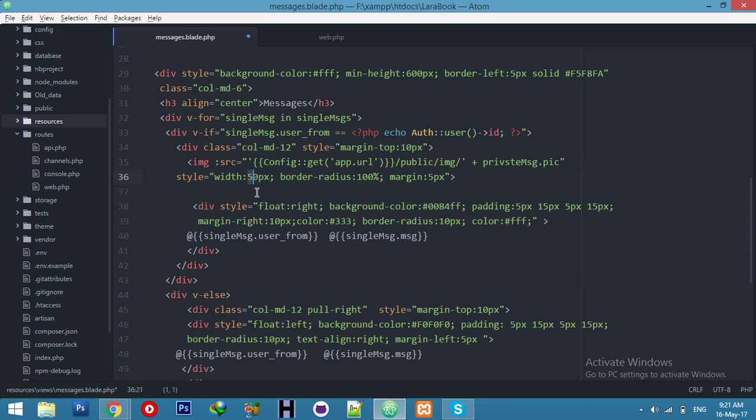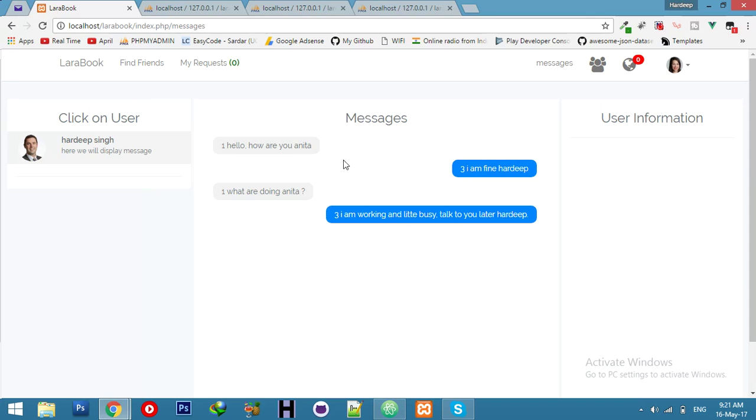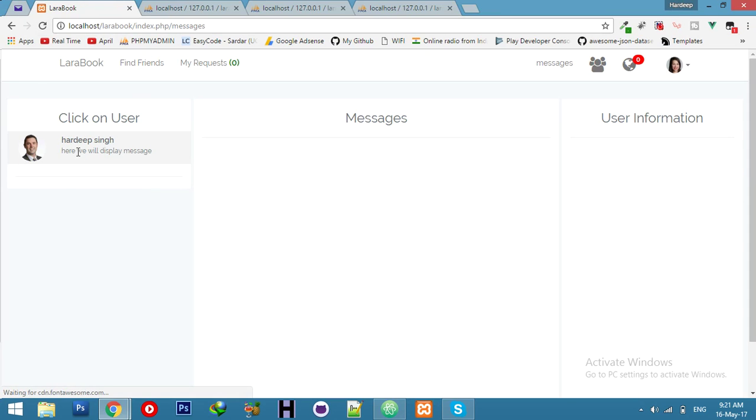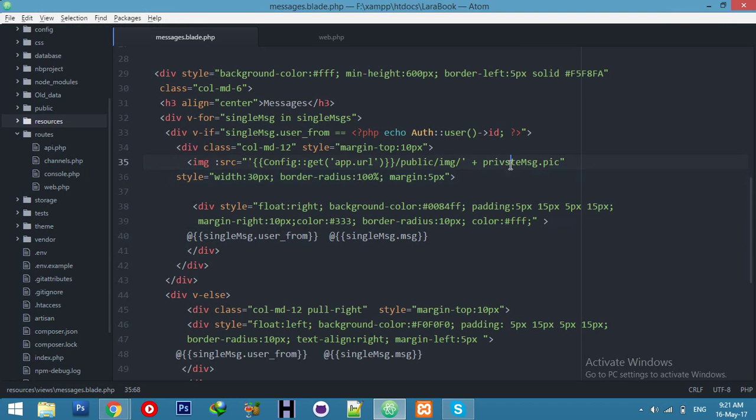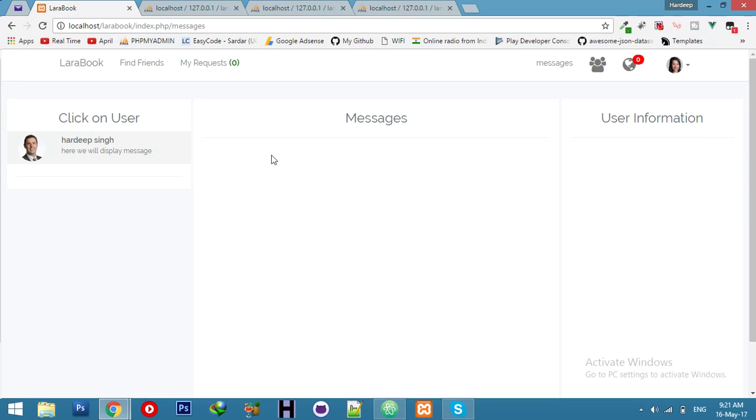This time the width will be 30, and let's see how it looks. Refresh, because we changed the design. I think, yeah, here change the value of the for loop. Refresh,